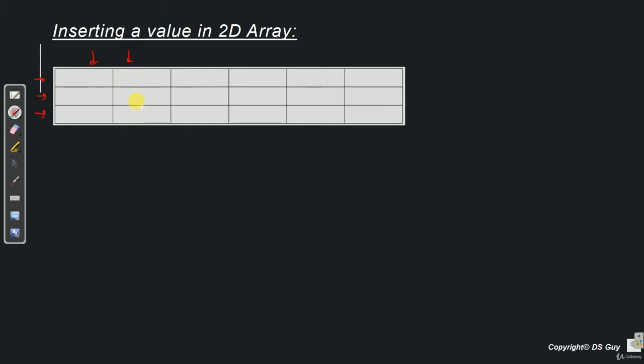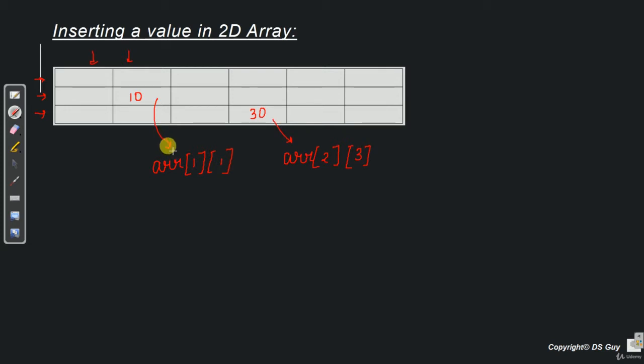So let's say this cell number, if we want to insert a value 10, then all that we have to do is say ARR, which is the array name, row number 1, column number 1. Similarly, if we want to insert, let's say 30 over here, then we'll say ARR, row number 2, column number 3.